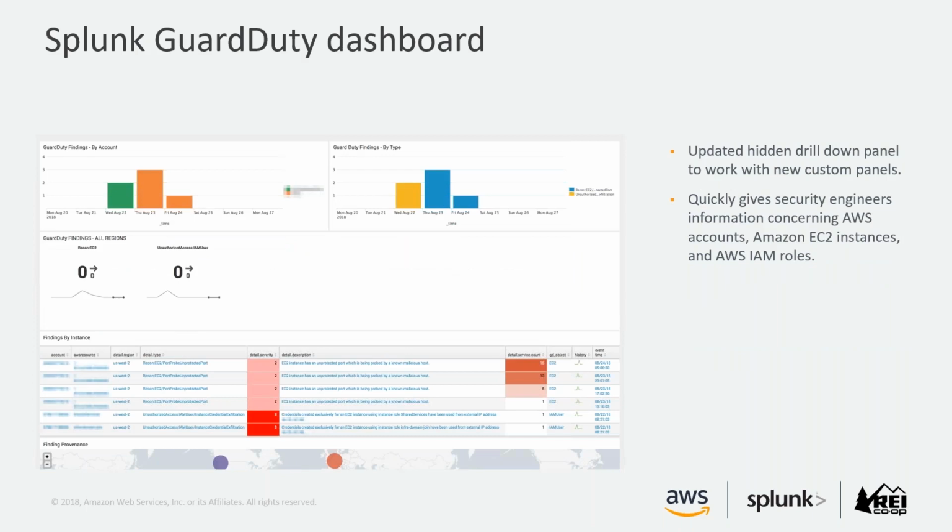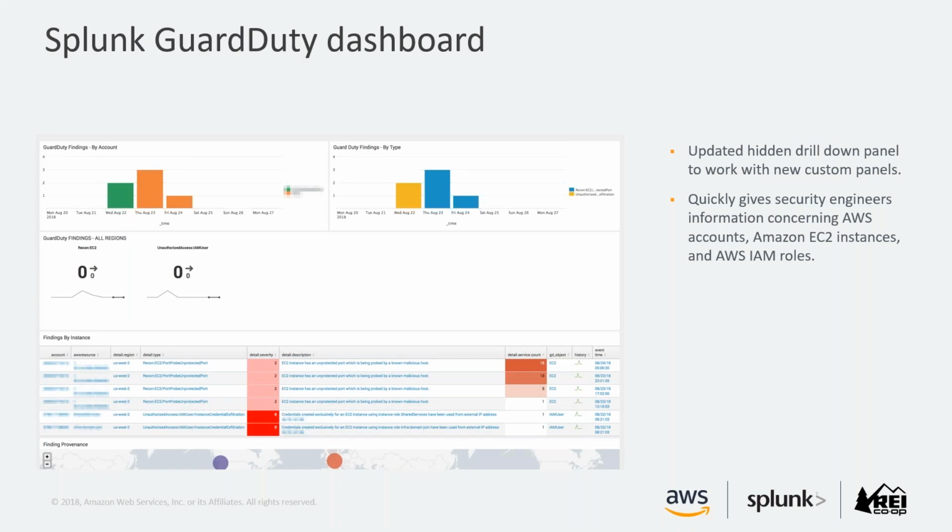So, of course, one of the things that's included in this is some of the drill downs. Anywhere within here, we can click on any of the graphs or numbers, and there's a hidden panel that will show up and start showing us the logs that we can then click into and drill down further, running more queries on, correlating with other logs and whatnot. This is especially important to correlate any CloudTrail activity back to it. While Guard Duty ingests that data, it's definitely helpful to see the CloudTrail logs along with the Guard Duty logs